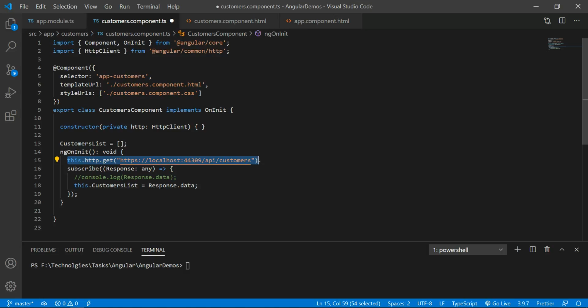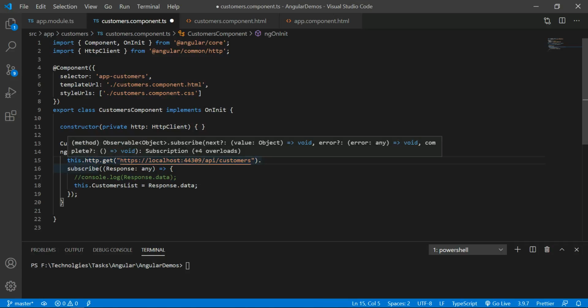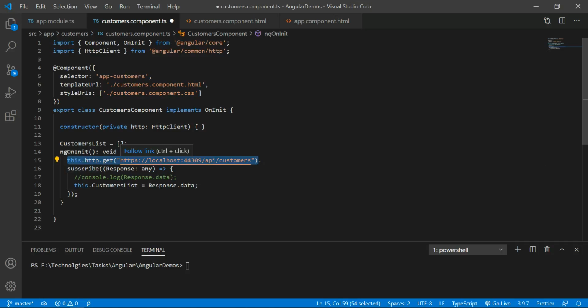So if I move this code into the service, then by using the service instance I can directly take this code. How do I move this code into the service?